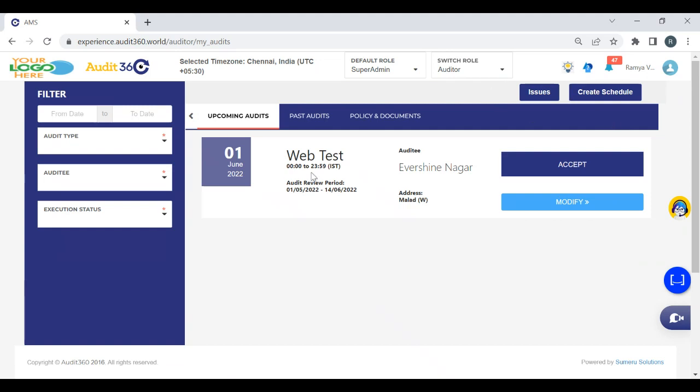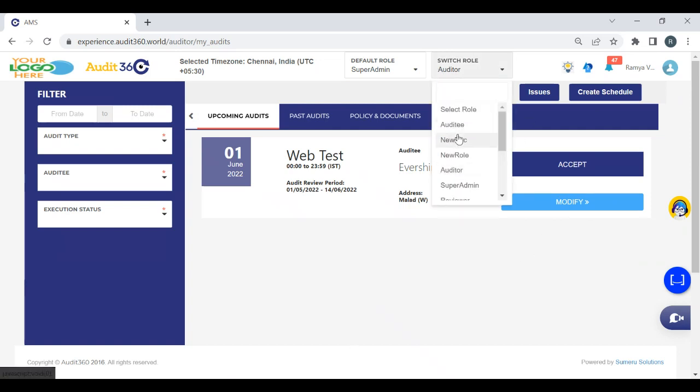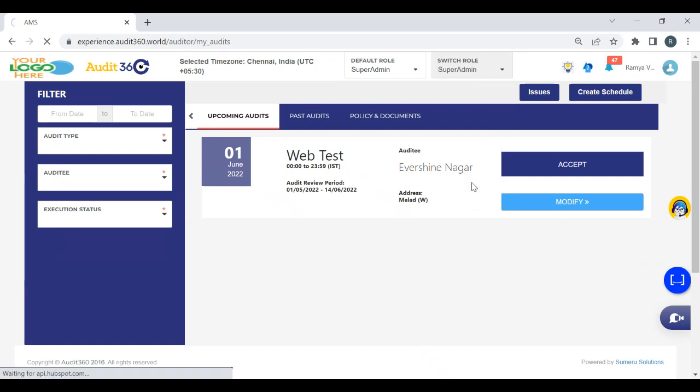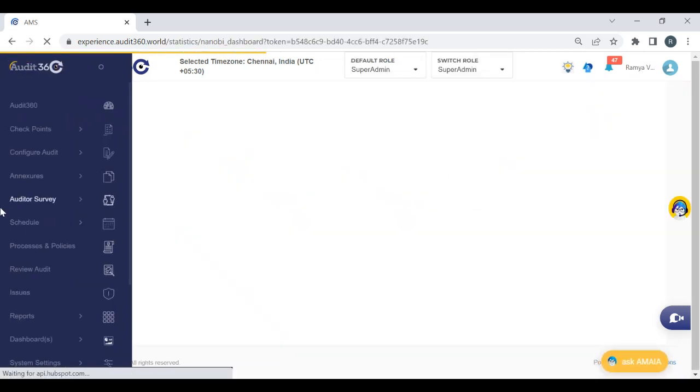Now we saw the execution; a similar execution works for the mobile side as well. Now let us see how this information would look. So basis the responses as yes or no, it comes to the auditee for sign off. Now because I've chosen eliminate auditee sign off, I'm going to the super admin role to see how the information looks in the